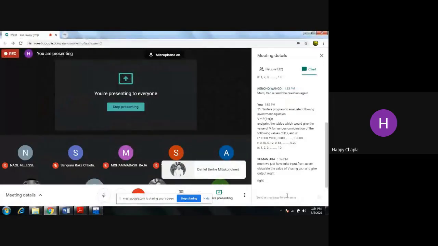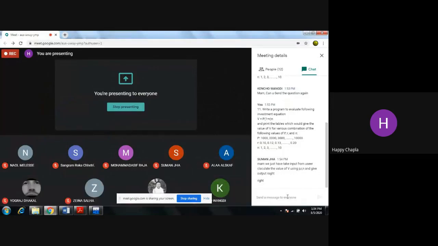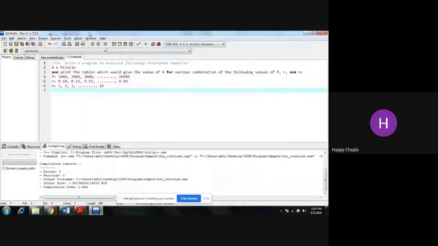Ma'am, we just have to take input from the user, calculate the value of V using P, R, N and give the output, right? Yes, exactly, Suman, you are right. We need to calculate the value of V, but not for only 1000. You have to do the calculation starting from 1000 to 10,000.